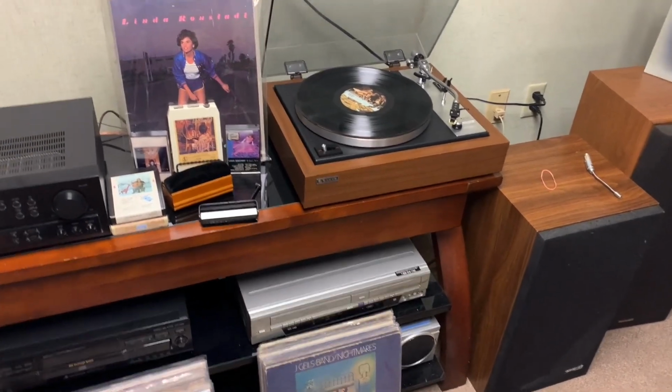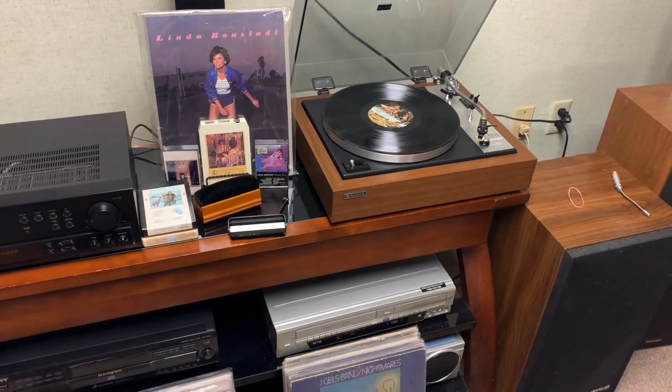live at the Fillmore. So I'm going to sit down and listen to this for a little bit, and we're